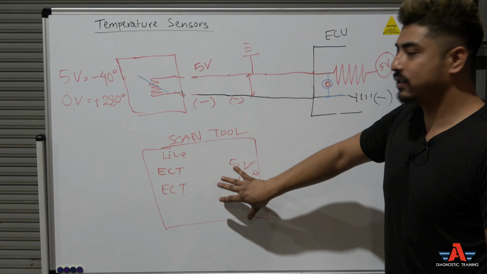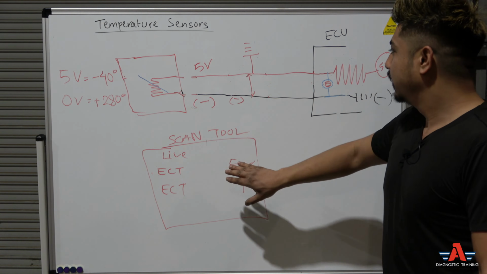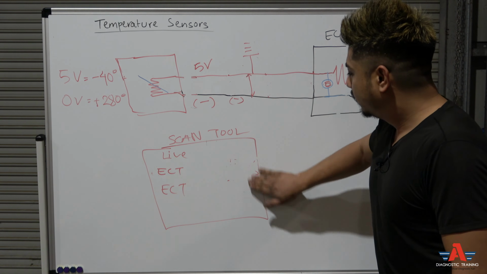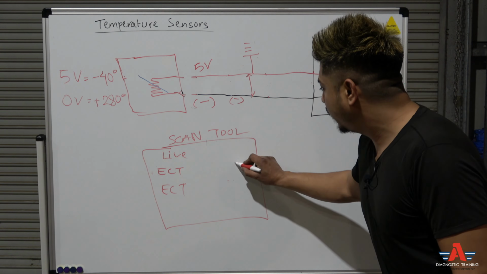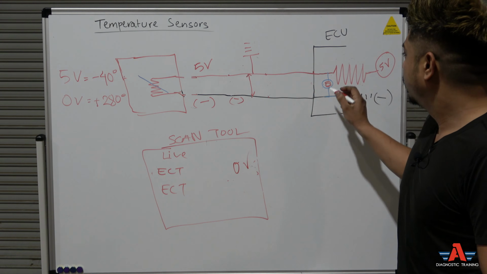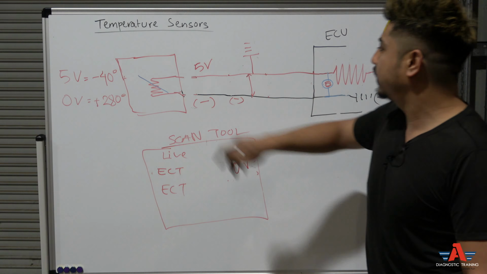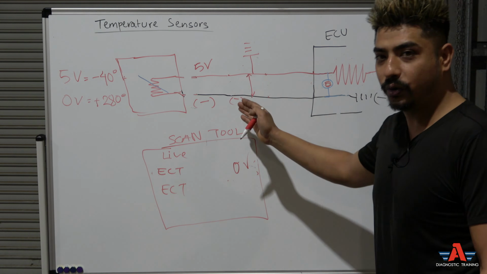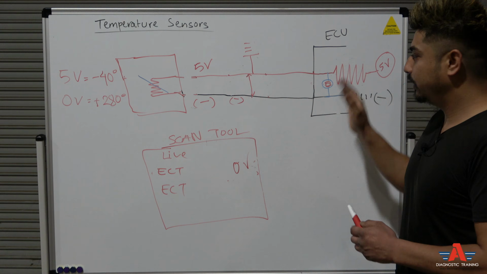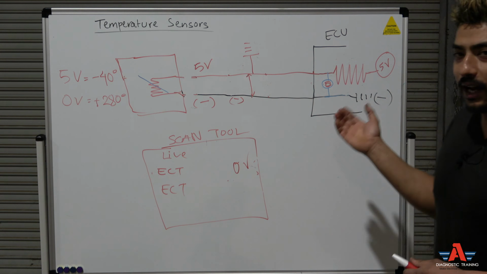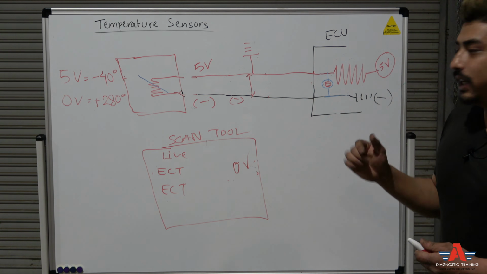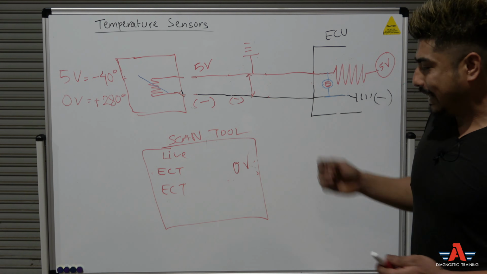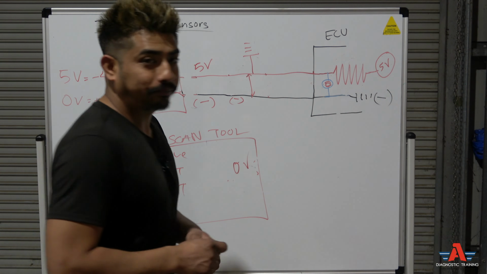Now, nothing changed. The scan tool is still sitting at 0 volt, even after you disconnected the wire. So there's a short in the wiring harness, or there's a problem in the computer. Now, how can you diagnose this? The quick and easiest way I find is to go